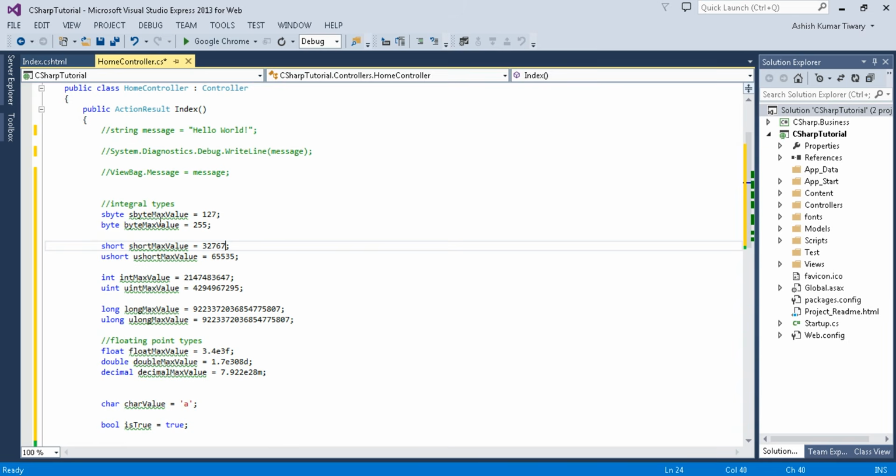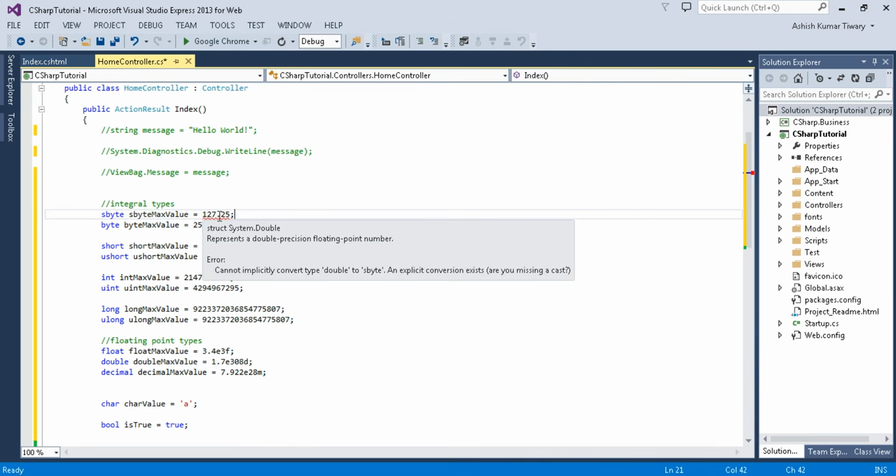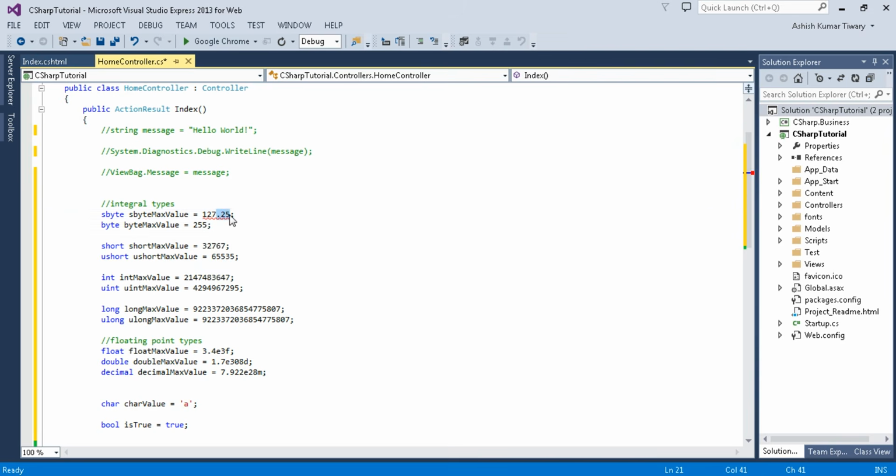Now see, this is an integral type, so it cannot store a decimal value. Let me try to store it. It will give you a compile time error: cannot implicitly convert a double type. By default it will become a double. So just remove that, and if I give a negative number to it, no error.